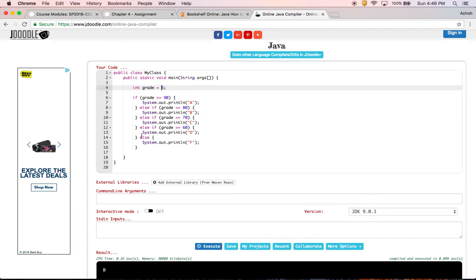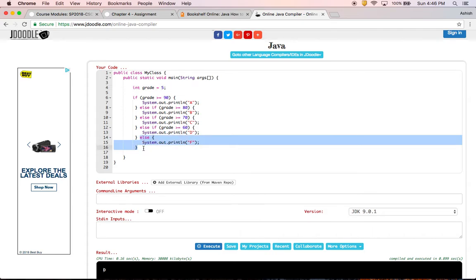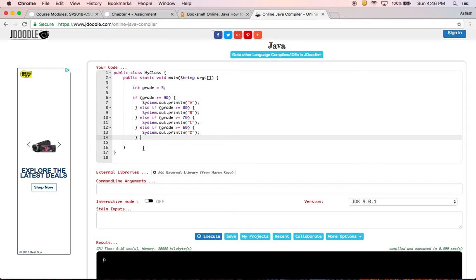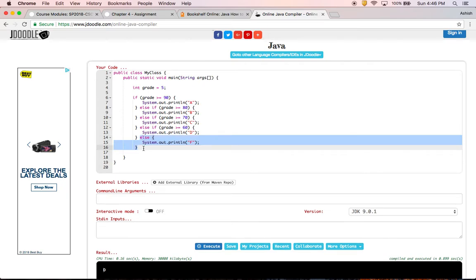So one can avoid it. I can say, yeah, I'm not going to have this. I'm just going to delete it. What's going to happen if I enter the grade as 5? Nothing will print. Therefore, we should not avoid else. We should always have else available, which makes it very clear what's going to happen in all possible circumstances. That is what we call avoiding the dangling else problem. Okay,